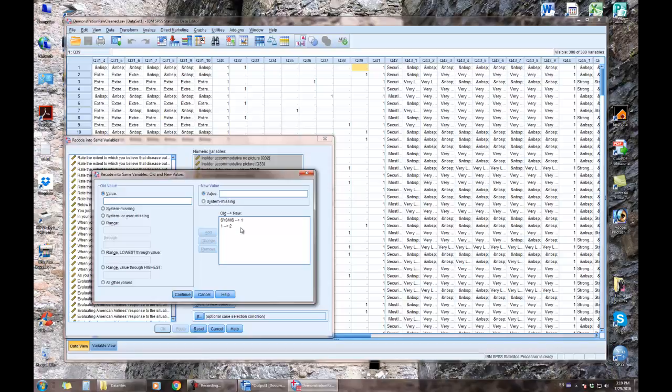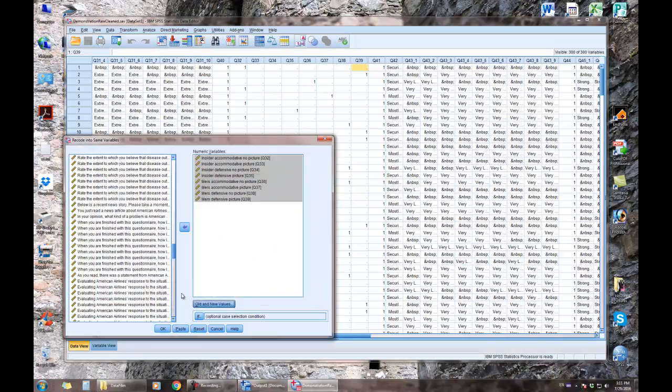Now, all you have to do is to select continue, or if you had more than that, you can make and change as many values as you want. But what you do when you're all finished is you hit continue,